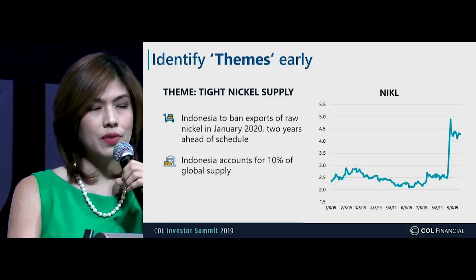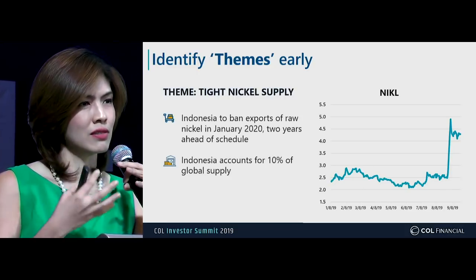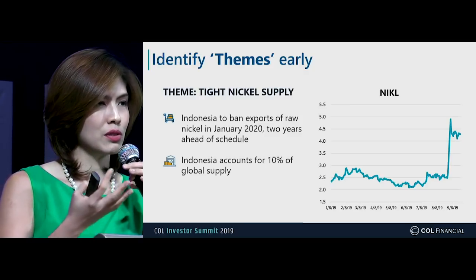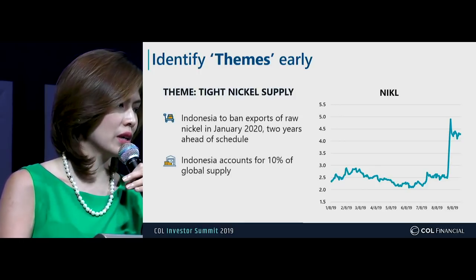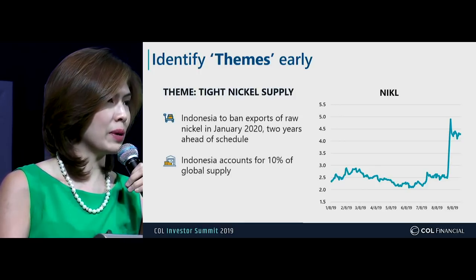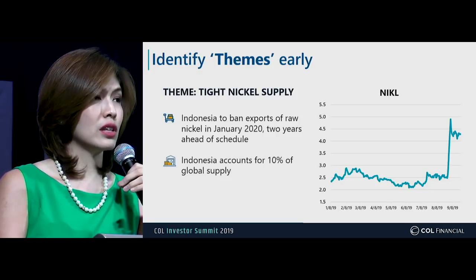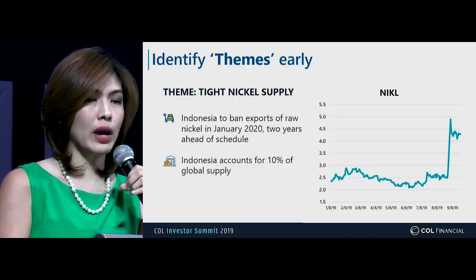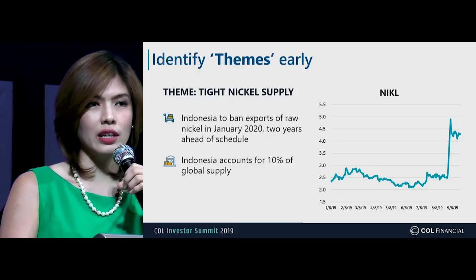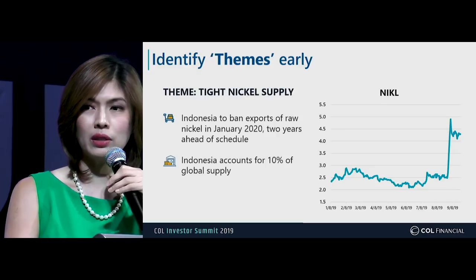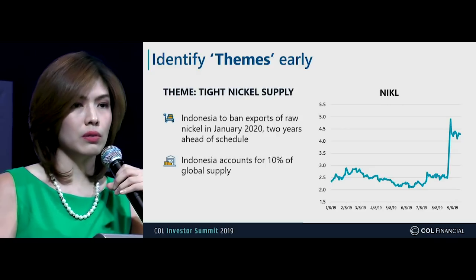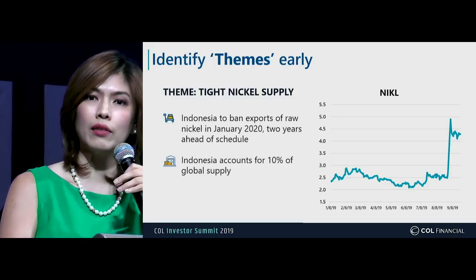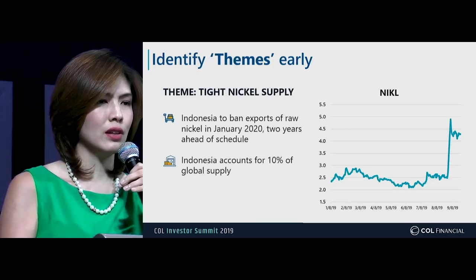Okay, another theme that is just fresh would be tight nickel supply. And because of that, nickel prices have gone up substantially. So what has happened is Indonesia announced that they will be banning the exports of raw nickel effective January 2020. So initially, they said they would ban the export of raw nickel by 2022, no? So this is 2 years ahead of schedule, which is why nickel prices have gone up, benefiting local companies such